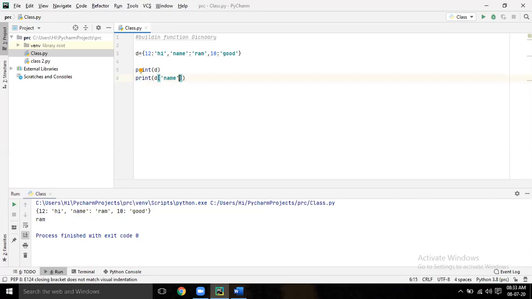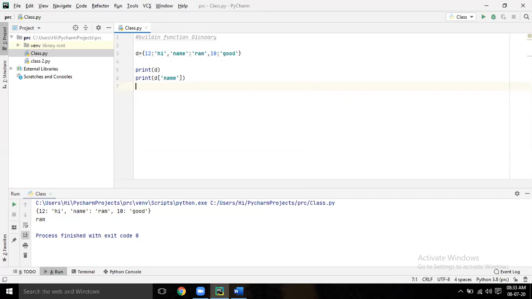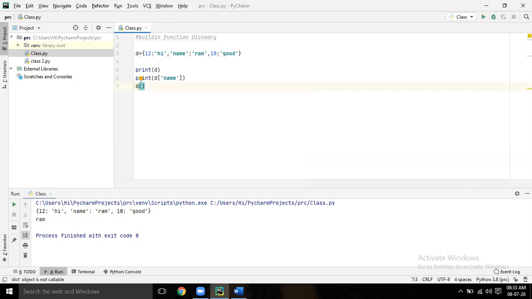Now let's say you want to add one more, let's say salary. Now write D of, don't give space, within square bracket, sal within quote, equal to 10,000.